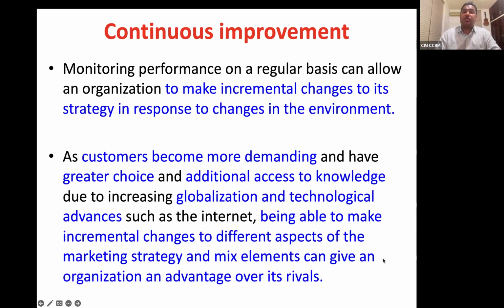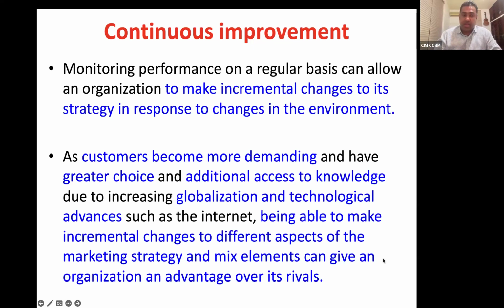So continuous improvement is to monitor the performance on a regular basis and allow the organization to make small incremental changes to the company's strategy so that you are then meeting the marketing